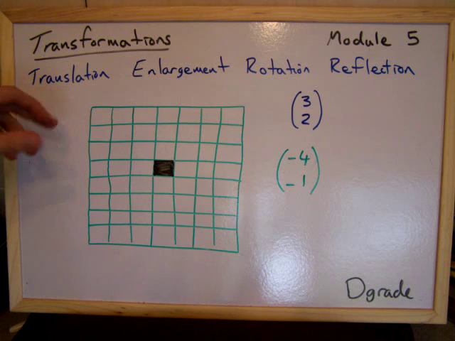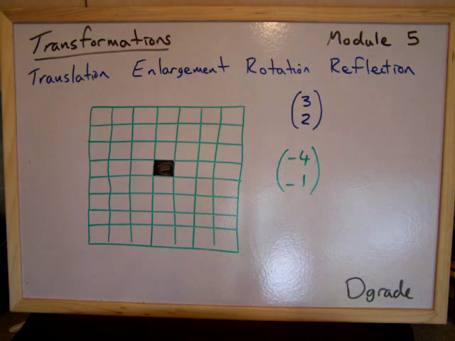Now translation is translating a shape. Essentially that just means moving it, something across and something up or down. So something left or right and something up or down. The way that we